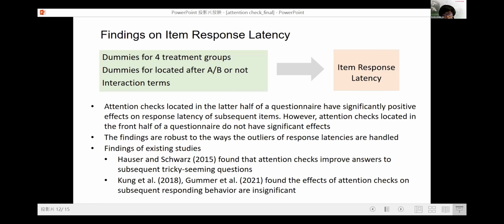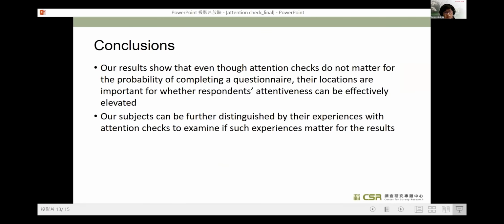Our findings are somewhat different from existing studies: Hauser and Schwarz found that attention checks improve answers to subsequent tricky questions, and Kahn and Grummer found that the effects of attention checks on subsequent responding behavior are insignificant. Our results show that even though attention checks do not matter for the probability of completing a questionnaire, their locations are important for whether respondents' attentiveness can be effectively elevated.